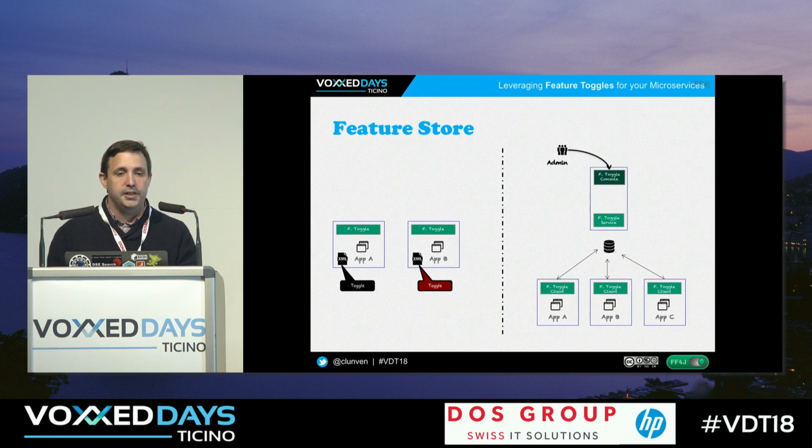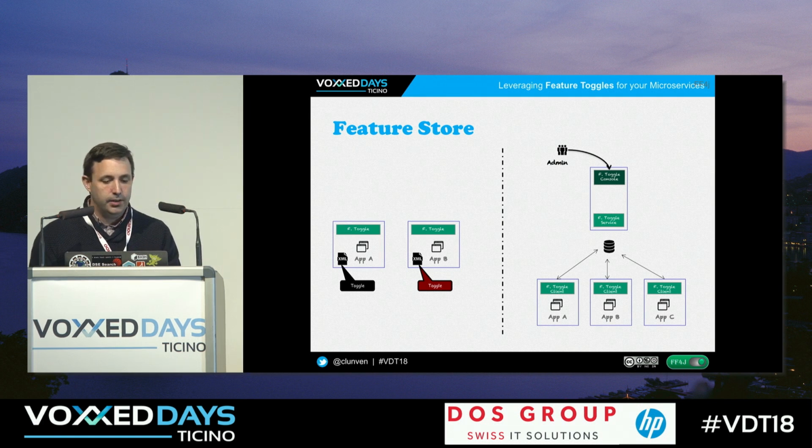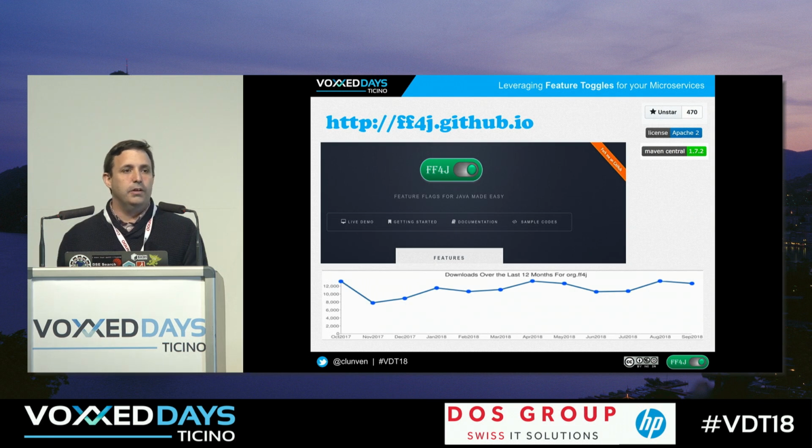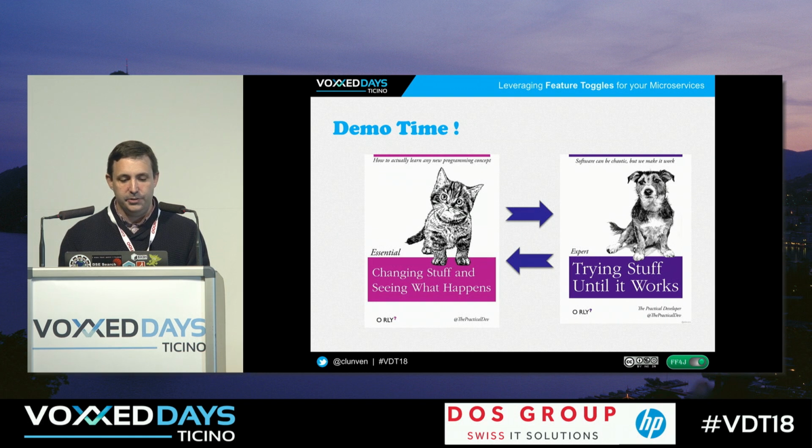And you can have a dedicated UI, not inside the services, because it would be a security issue, but close to it, a dedicated admin UI, where you can switch and all the services will be able to see what is enabled. So 5 years ago, I created that small framework, FF4J, almost 500 stars on GitHub now, and it implements the feature toggle pattern and a bit more, and I would like to show you that in a demo now.